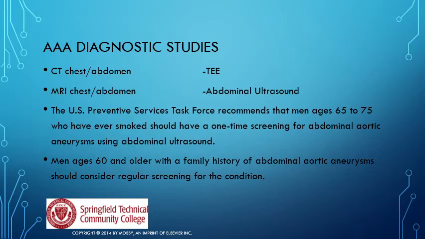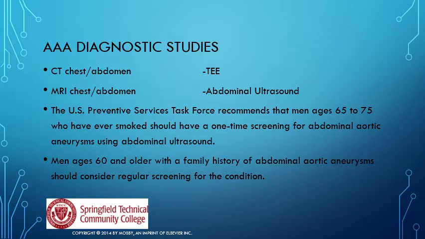Diagnostic studies that are done for AAA include a CT of the chest and abdomen, a TEE, which is an echocardiogram that is done kind of through the esophagus. It's short for transesophageal echocardiogram. A lot of times these echoes are better at looking at the back of the heart. They go down the throat with a small camera and take a look at the back of the heart, and they can see aneurysms that way. They can use ultrasound of the abdomen, and patients can also have an MRI of the chest or abdomen to look at aneurysms.